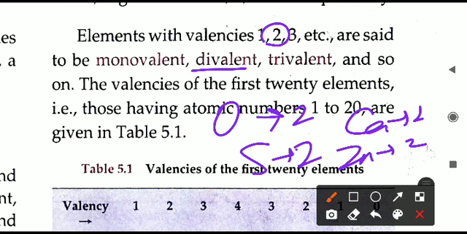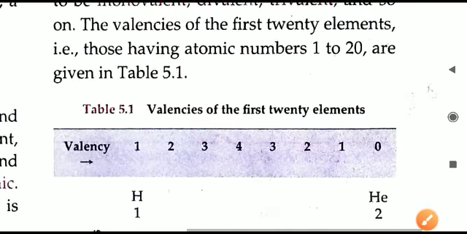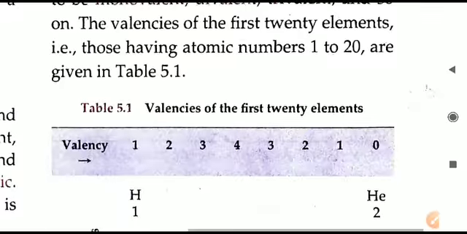Example simply I am giving just to explain. You don't worry about that. You just have to remember the term. Valency 1, then it is monovalent. Valency 2, it is divalent. And if it is 3, it is trivalent, and so on. It will continue tetravalent, and these 4 valencies only are there: mono, di, tri, and fourth one is tetravalent. That is not written here.